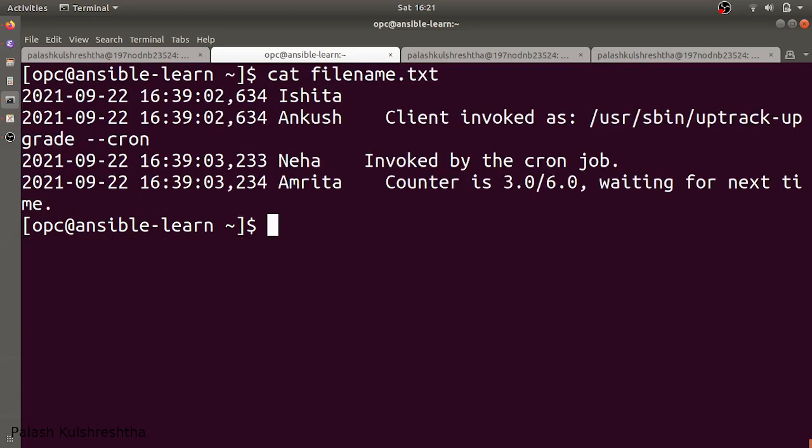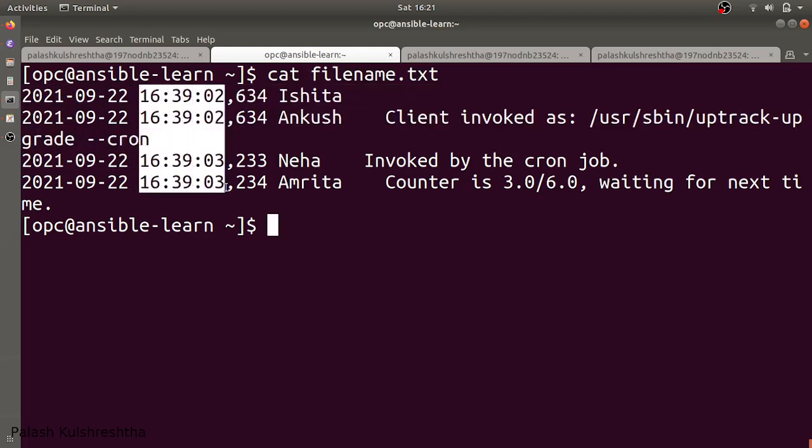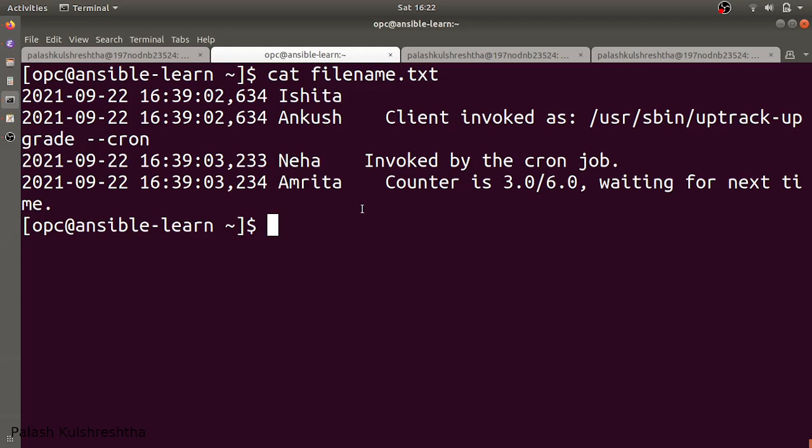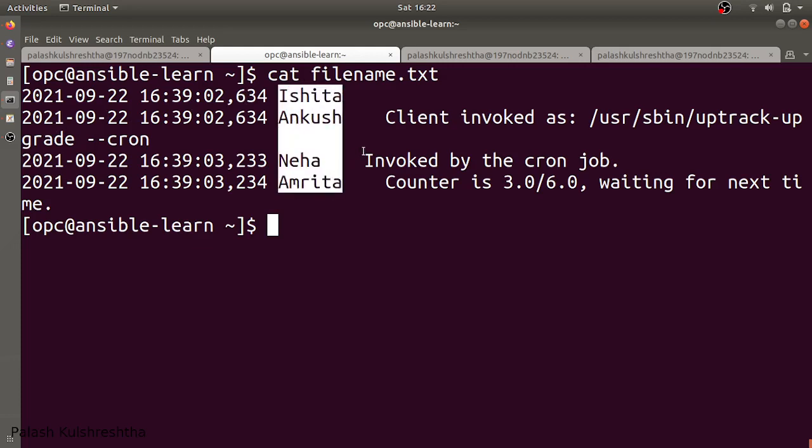Now we are going to see another example. Let's say we have a file name.txt, and we want to find out only the time portion from the file, and from the structure we can see that there may be a columnar structure present in this file. So we have to think about how we can separate these columns. For example, let's start with a simple one. We want to get these names from the given file.